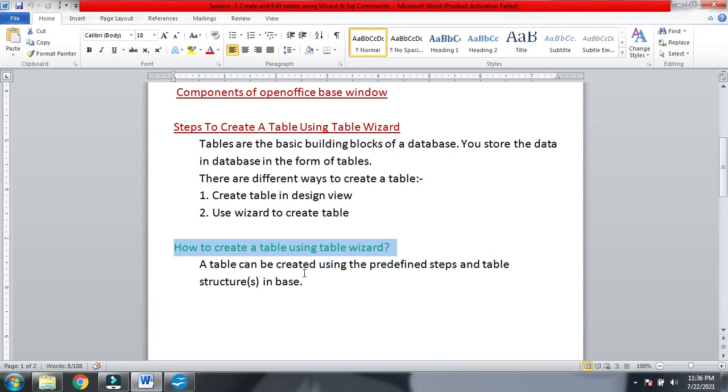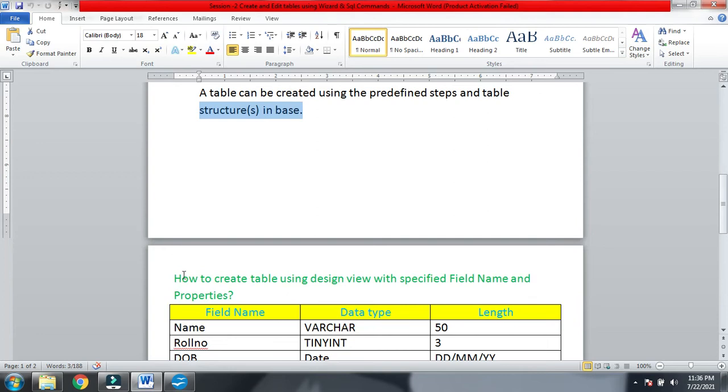So a table can be created using predefined steps, means direct steps are there, using which you can create a table. The structure you can also create with field properties or whatever things you need. So we will see how to create a table using design view with specified field names and properties.